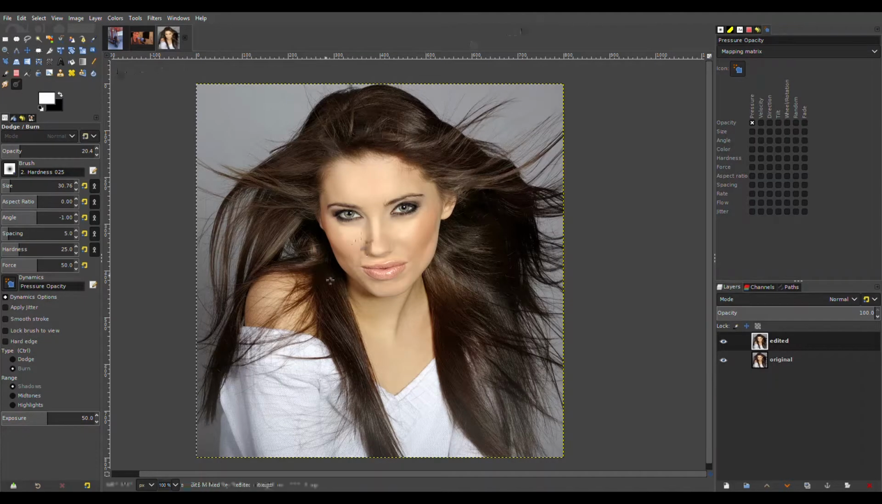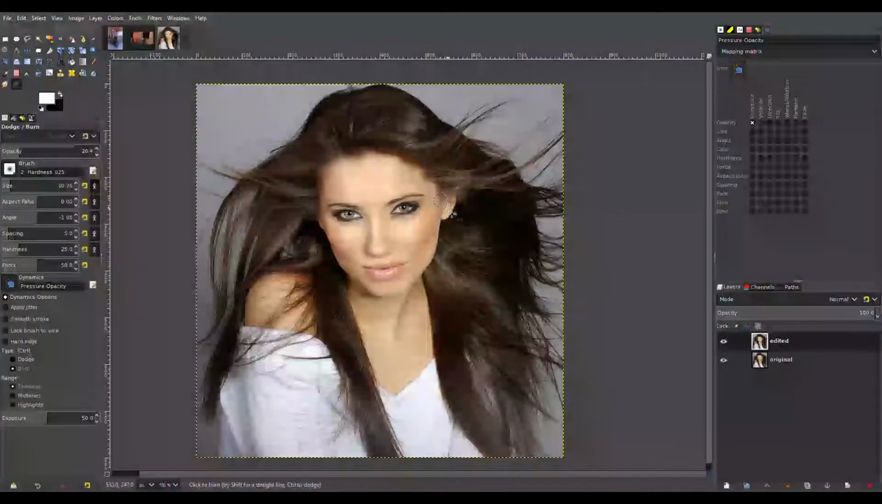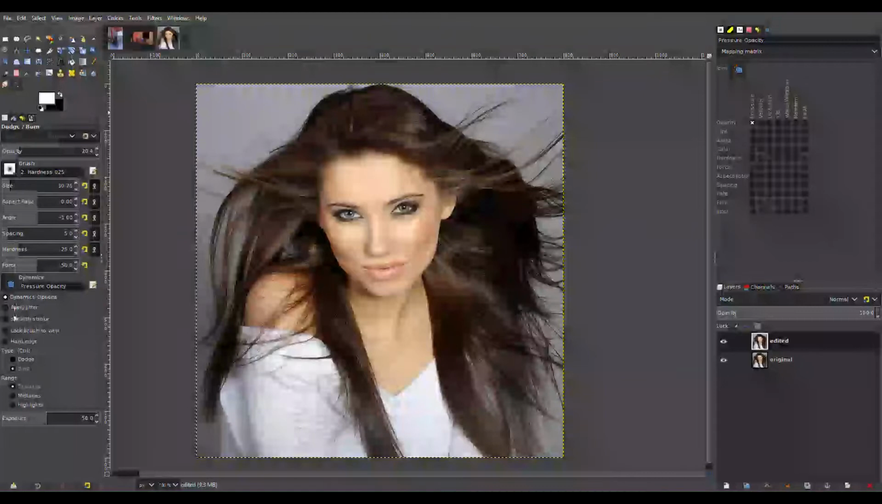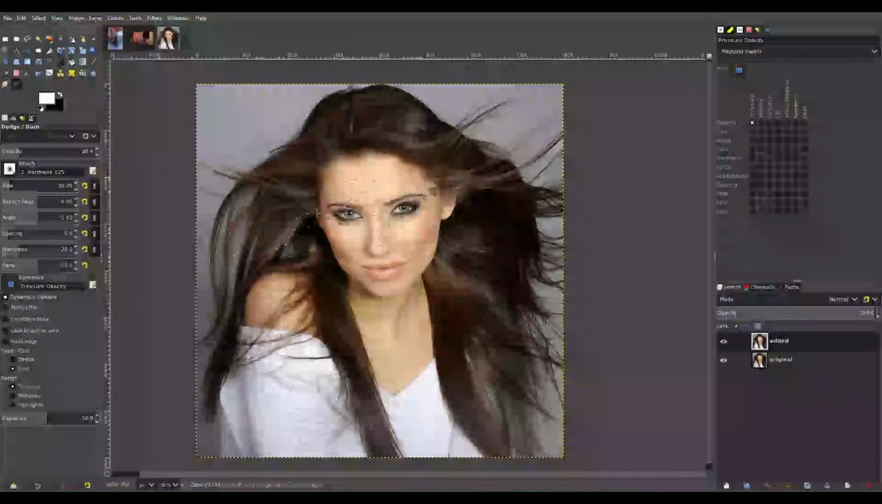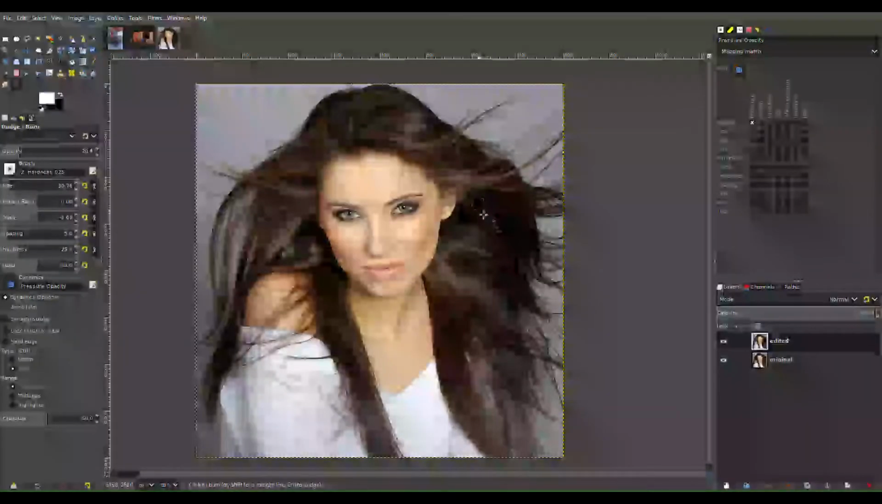So I was just working on this model's photo. It's pretty cool. I've learned how to use the dodge and burn tool, which is this tool right here. You can alternate between dodge and burn by pressing the control key. Basically, with these settings I was able to lighten up the model's skin and darken the darker parts of the